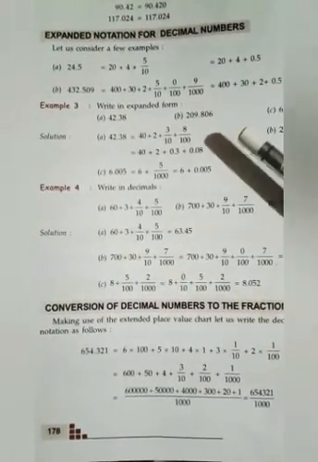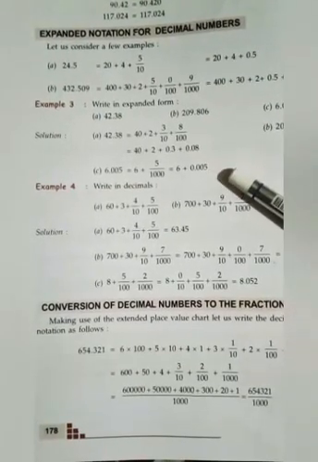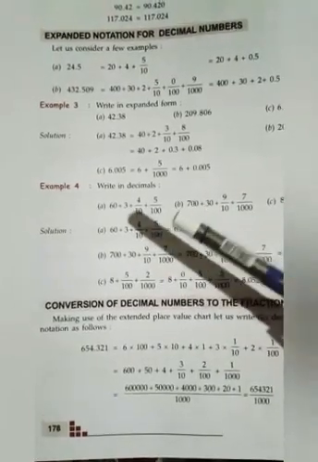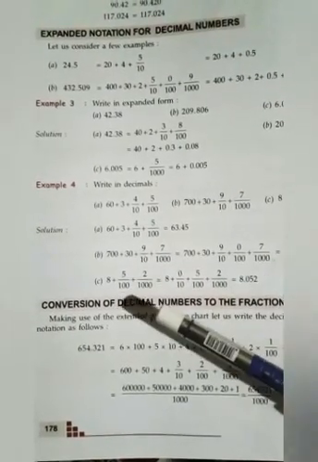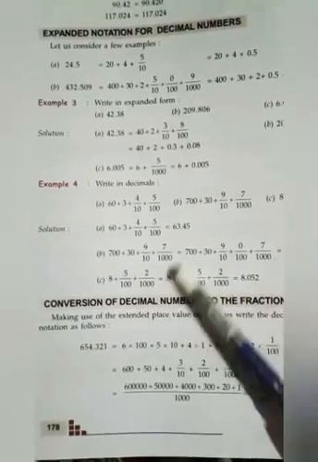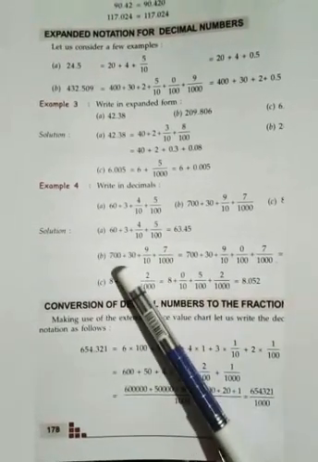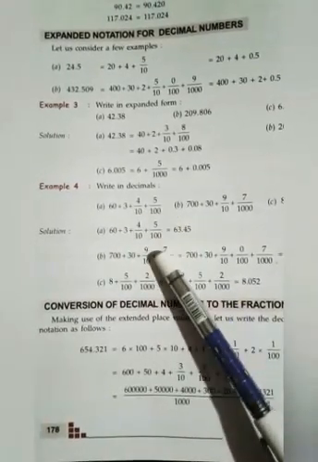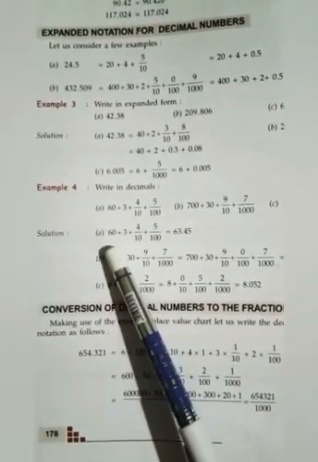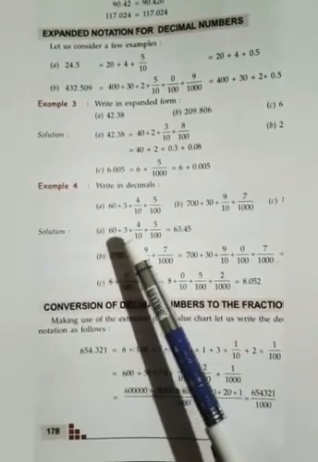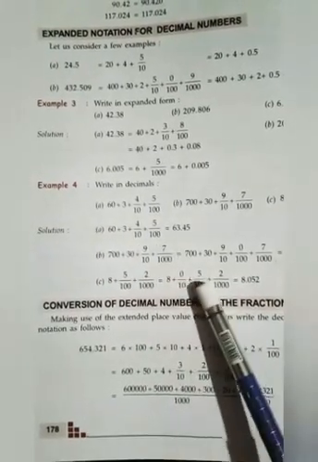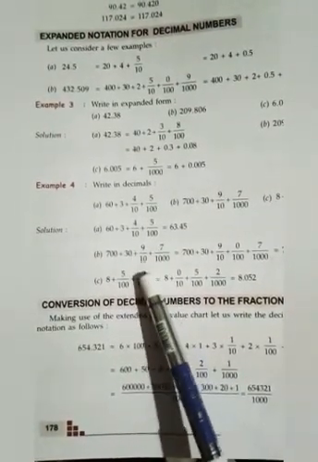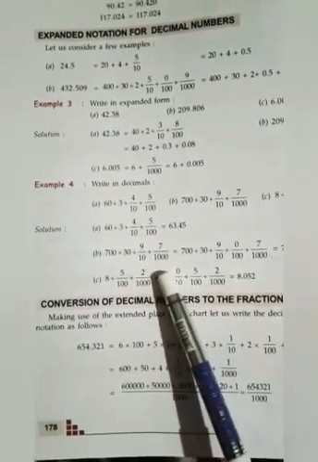So here we write decimals. The expanded form is given and we have to write the decimal number. So it is just the opposite. A bit: 60 plus 3 plus 4 by 10 plus 5 by 100 equals 63.45. Then B bit: 700 plus 30 plus 9 by 10 plus 7 by 1000 equals